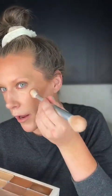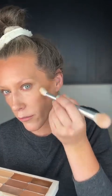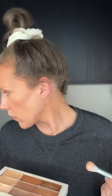But I'm just going to show you Nova by itself today. So I am just going to tap this right on the high points of my cheekbones. And that is Nova. It's really pretty. I feel like this is a great color for a lot of different skin shade ranges. So if you're fair, this is going to be a really pretty color for you. Love it. And that's typically where I put my illuminator. I don't need to be like